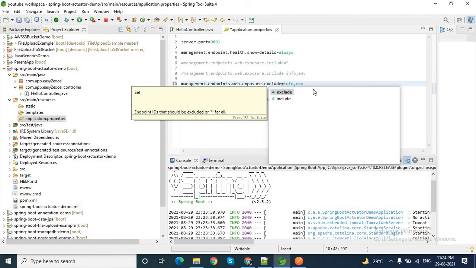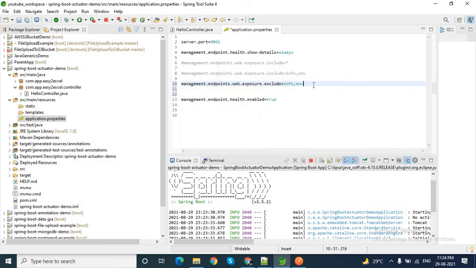Let's say I want to exclude the env endpoint from the actuator endpoints. So let me comment out this one, enable this one, comment out this one, also uncomment this one. That means I'll show all the endpoints excluding env.